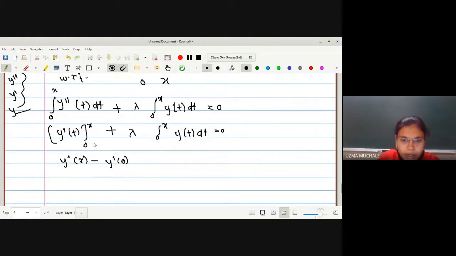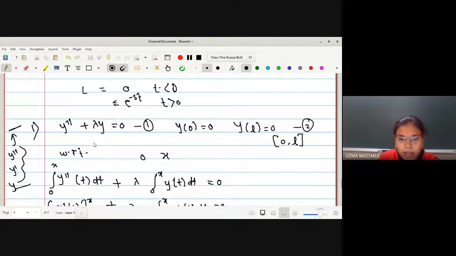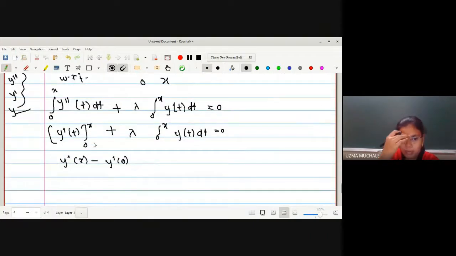Okay, what is the value of y dash of 0? We haven't been given any value of y dash of 0, just like the value of y dash of a. Y dash of a was not known to us in the method. We found this value of y dash of 0 or y dash of a by substituting x equal to b. But here in this case, it is x equal to L.